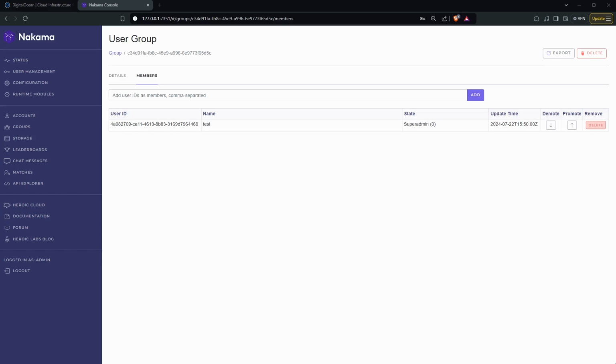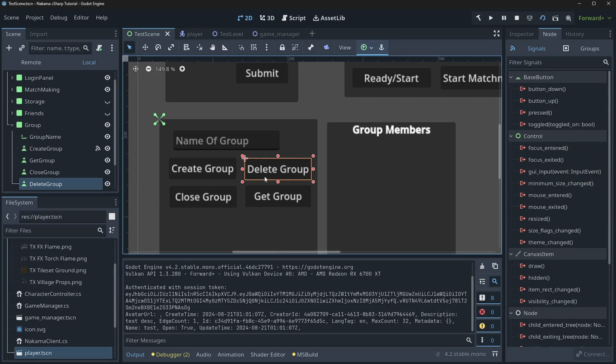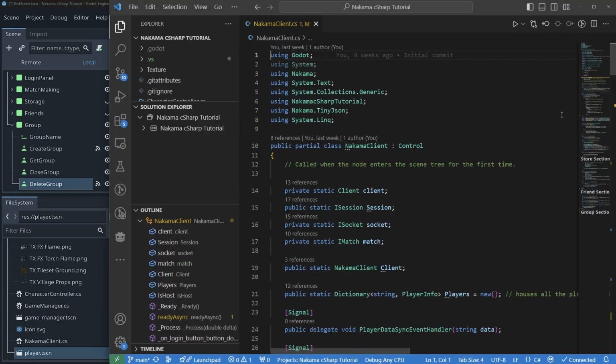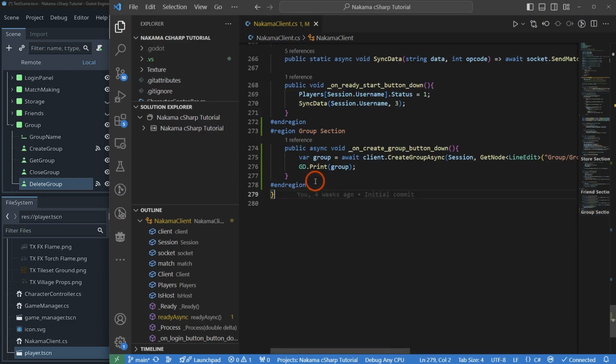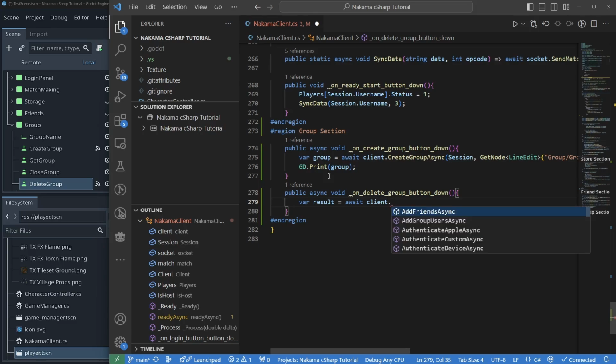So with that being said, okay, how in the world do I actually delete that group? Well, if we grab onto this guy, double click on button down, we copy this guy, connect it, go all the way to the bottom, and then come in here and go public void paste bracket like that. We can go ahead and delete that group. Now, the beauty of it is it's actually really easy. Var result is equal to await client dot